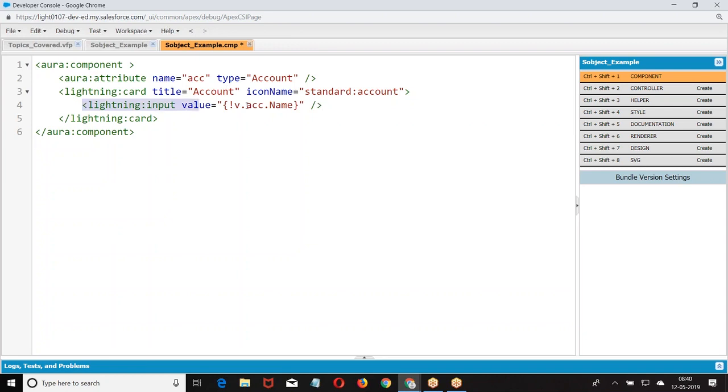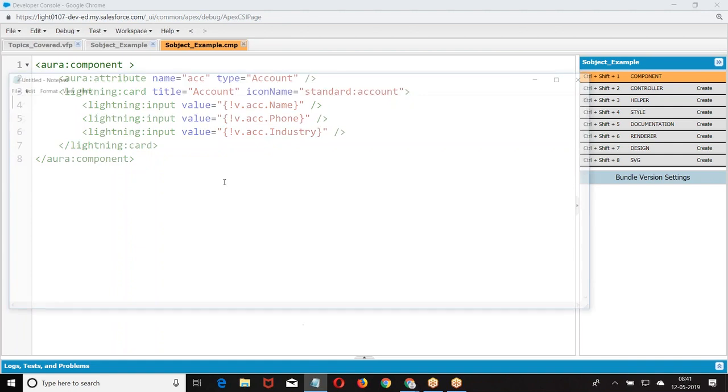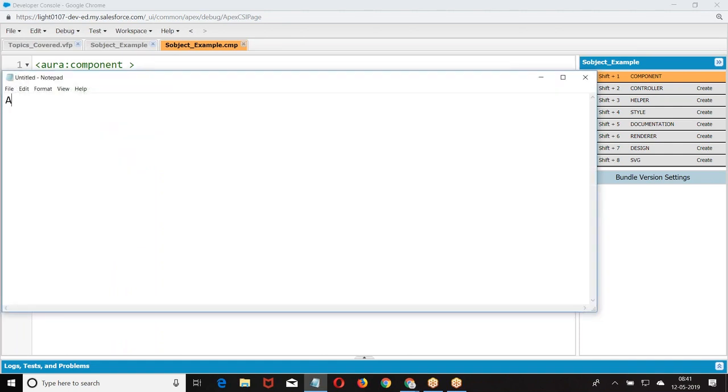Now I was making some mistake here. Let me explain the mistake. When I give attribute name equal to ACC, type equal to account, it means I am defining an Account ACC.